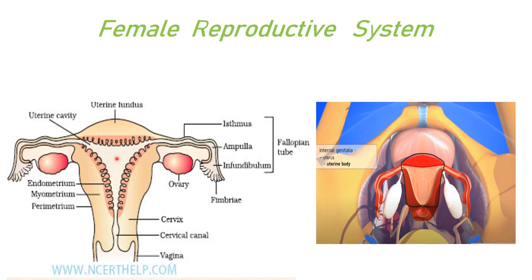The uterus opens into the vagina through the cervix, and this is the cervical canal. The cervical canal along with the vagina forms the birth canal of a child. Apart from these organs, the uterus, ovary and fallopian tube, the mammary glands support the process of fertilization, pregnancy, childbirth, and child care in females.